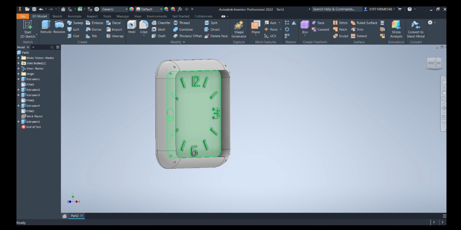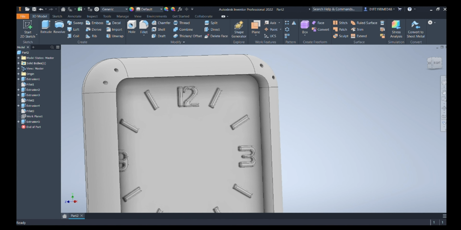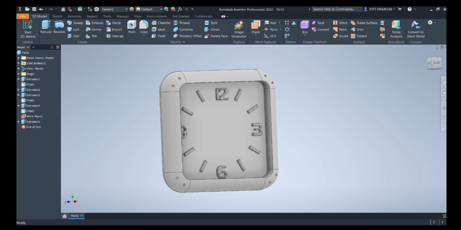Now we will add our colors. We will add a snow color to the center one and golden plated colors to our digits. We will add a walnut polished color to the frames, which will be somewhat similar to our real model.